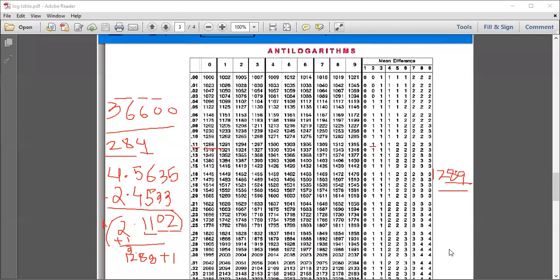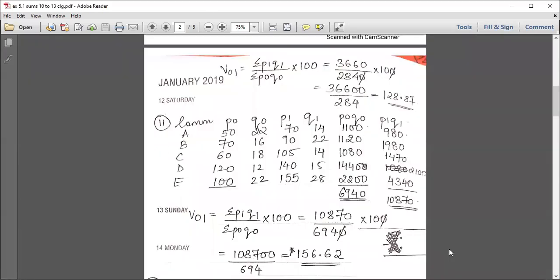So you all saw here, here goes the answer. Is the screen visible? All right. So the answer is 128.87, which is 128.9. So you followed how the log working goes today. See, we were a little bit faster compared to yesterday. And I hope if you all practice in the same manner, you'll be able to do it within seconds.